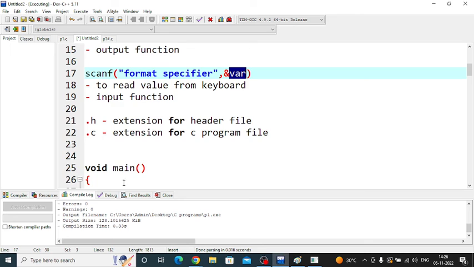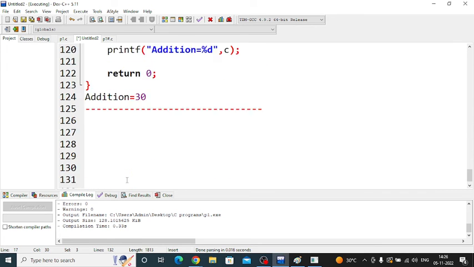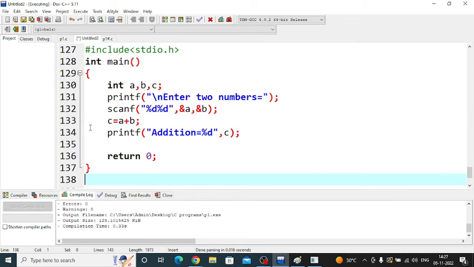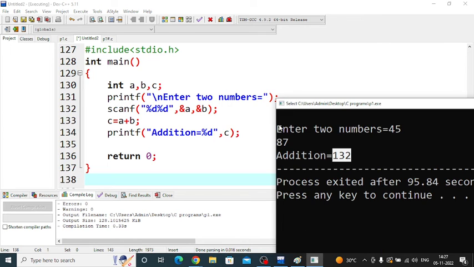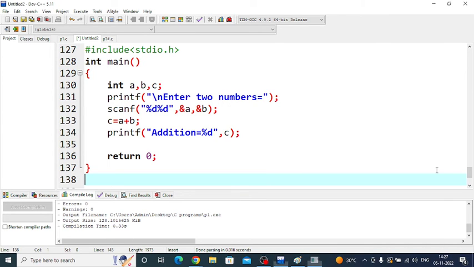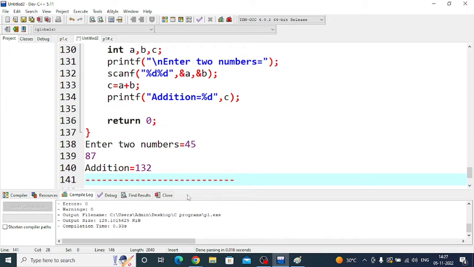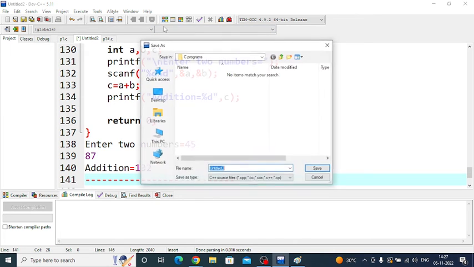Understood this program, addition of two numbers accepting the values from the user? Yes, sir. Excuse me, sir. Why does the output have the extension of .exe and not .c? Because when I compile this program, okay,